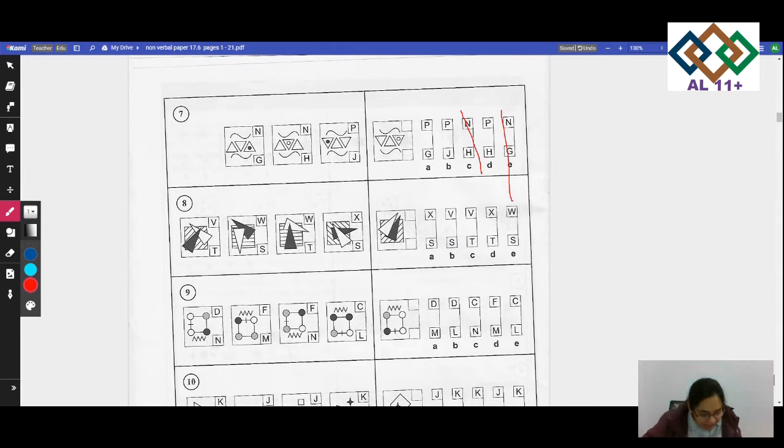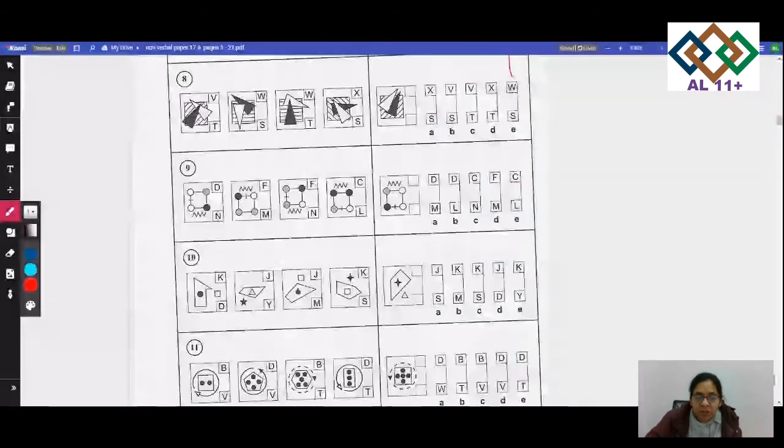And the next thing I need to note in my shape is the dots. If you look at the dots, there is a dot in the right hand triangle. So I need to find the shape which has a dot in the right hand triangle. And that shape is a G. So that's why my answer is PG. So let's go to number 8.